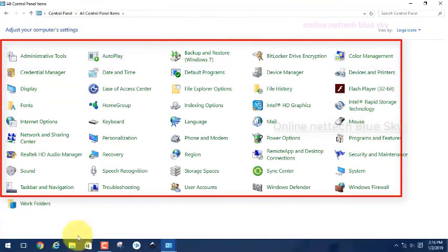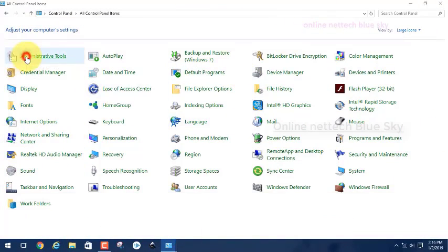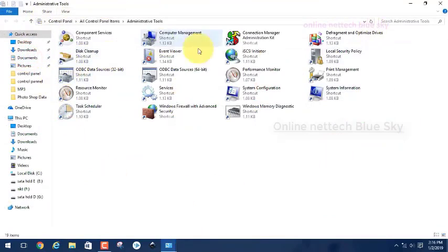So we are going to talk about all of these options in this Windows Control Panel series.